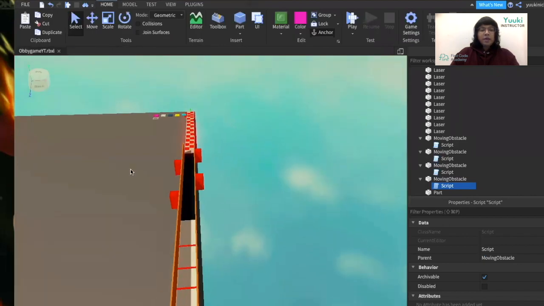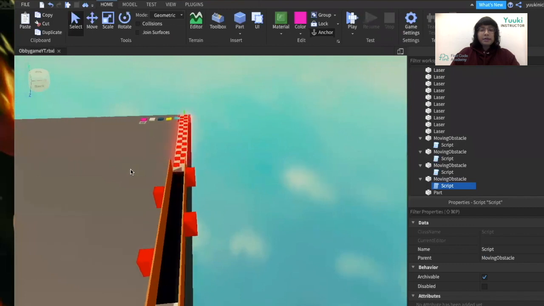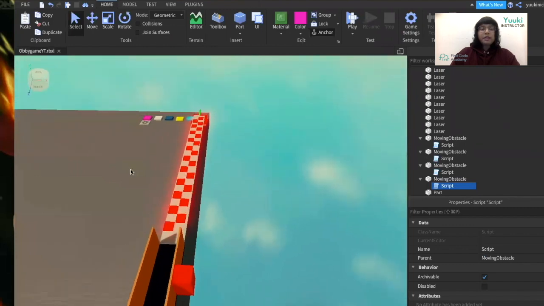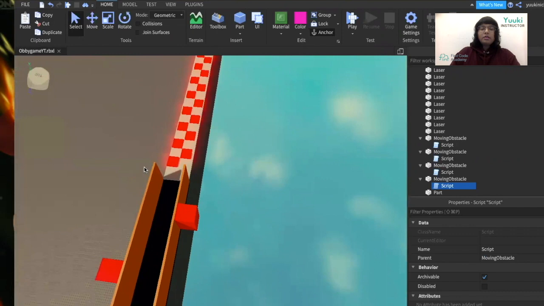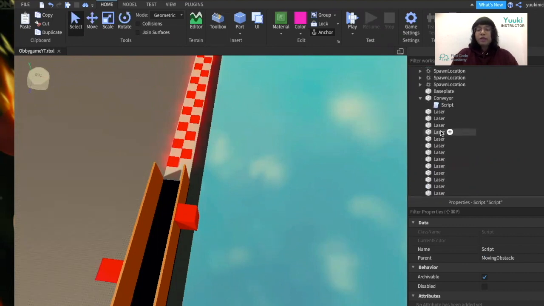Next, I'm going to make the scripts for my laser parts. So for the laser parts, it's easy. What happens is that when I touch these laser parts, I need to run a function called kill. So in the function kill, I'll just make the health of the player go back to 0, which instantly makes the player dead. So I'm going to choose one laser part,